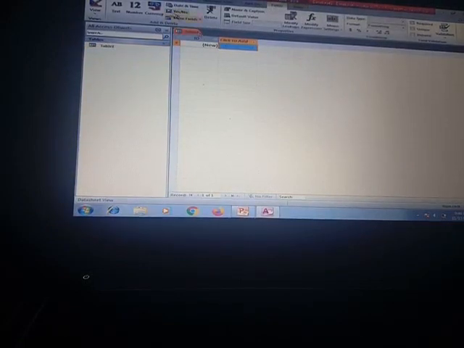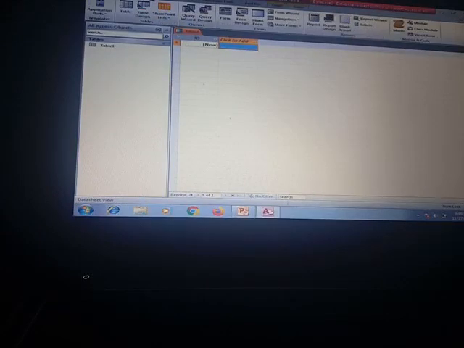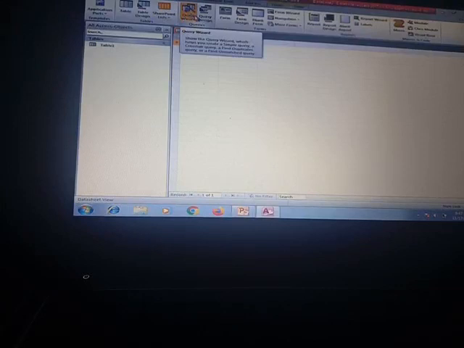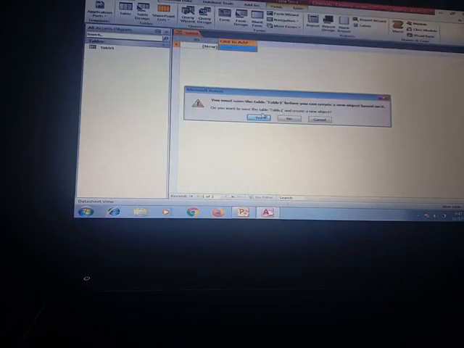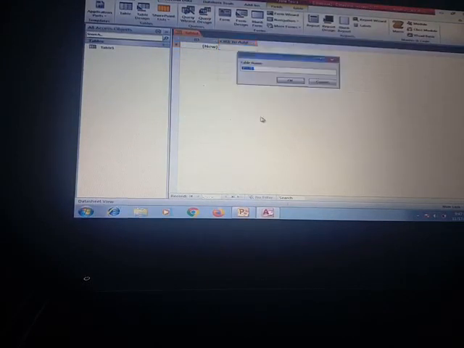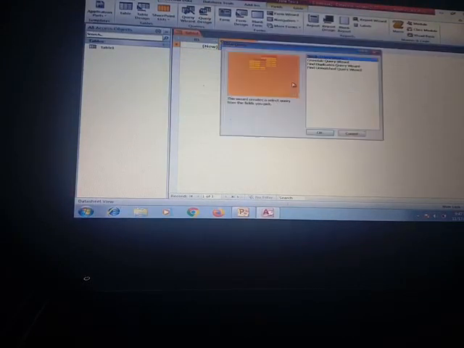To create a query, we have to click on Create. So we can create a query in Query Wizard or in Query Design. Let's see Query Wizard first. In Query Wizard, it asks to save table 1 and create a new object. Yes, we have to save table 1 with the name table. Okay, table 1 is saved.